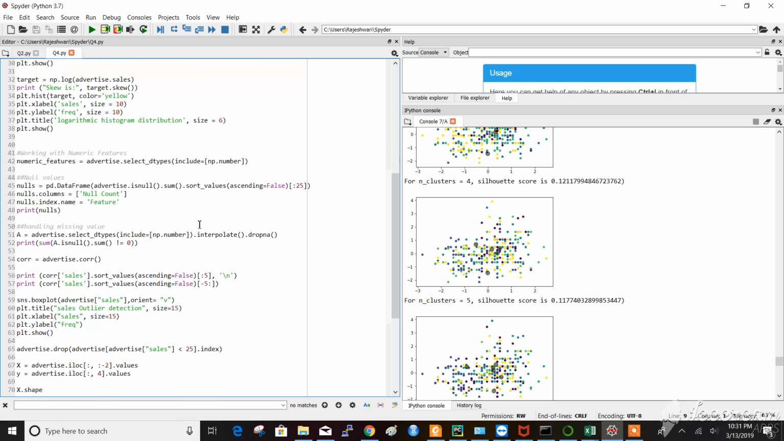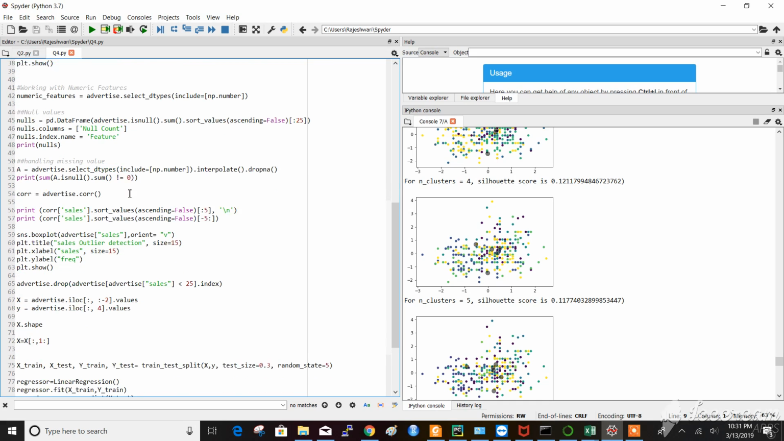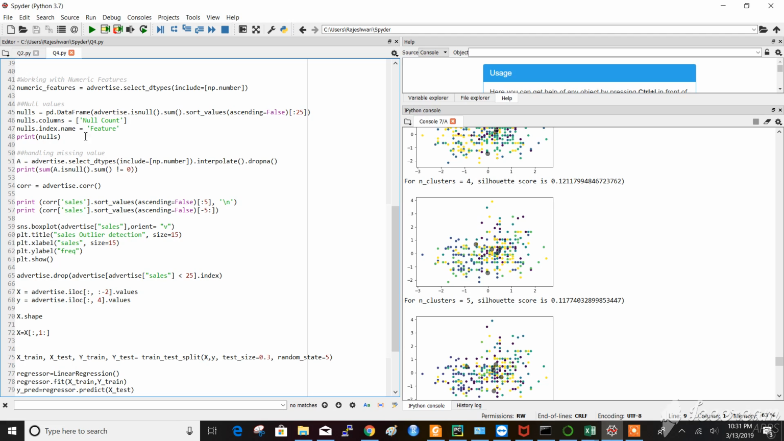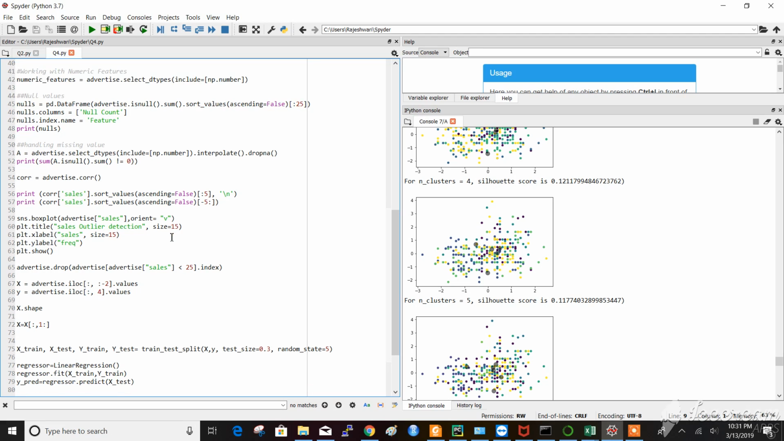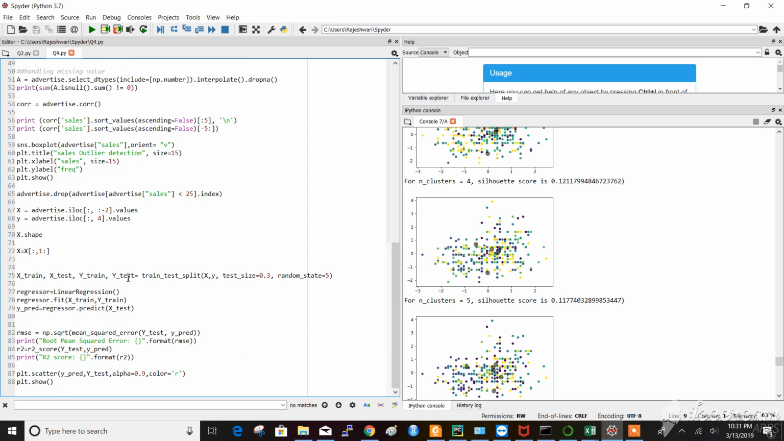This is the histogram distribution, and then we are working with the numeric features, and we are looking at handling the null values here, and we are handling whatever null values we have detected. Then we are plotting the graph. Then we are loading the test and train